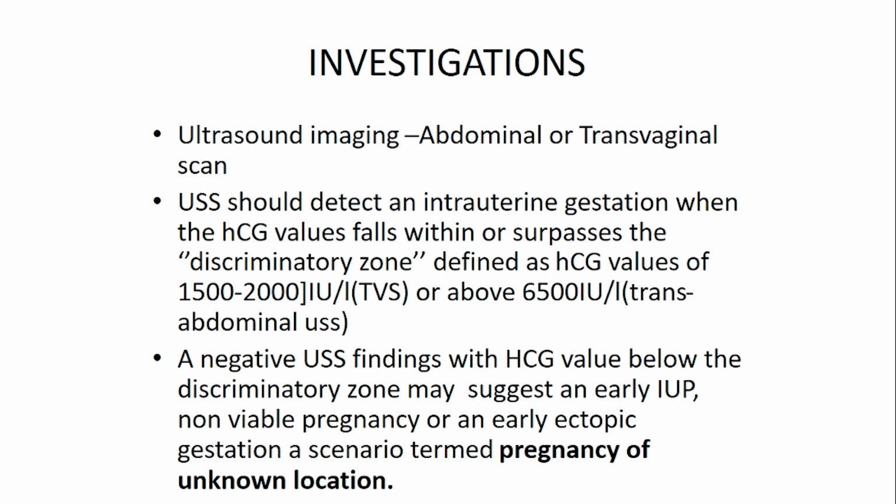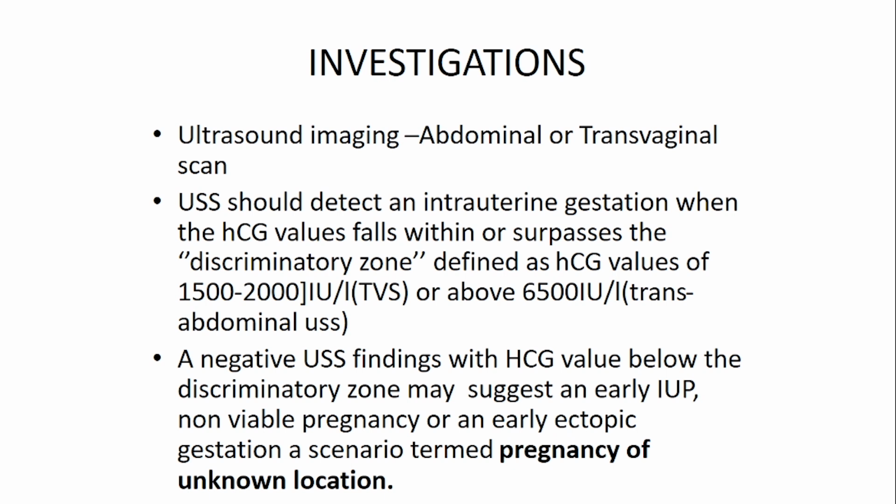Now, if a patient comes with massive bleeding, typical of acute rupture, ultrasound may not be necessary. But in the subacute variety or acute on subacute, abdominal ultrasound and transvaginal ultrasound are very useful, particularly in the subacute, whereby the patient may have recurrent abdominal pain and recurrent vaginal bleeding. Therefore, in conjunction with HCG measurement, you look at what we call the discriminating zone of HCG, a value between 1,500 and 2,000